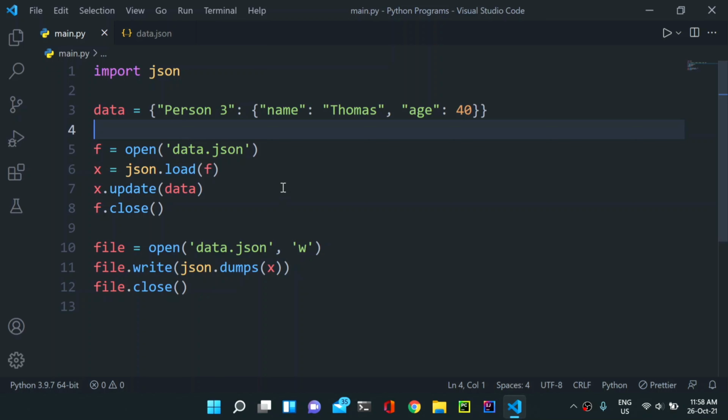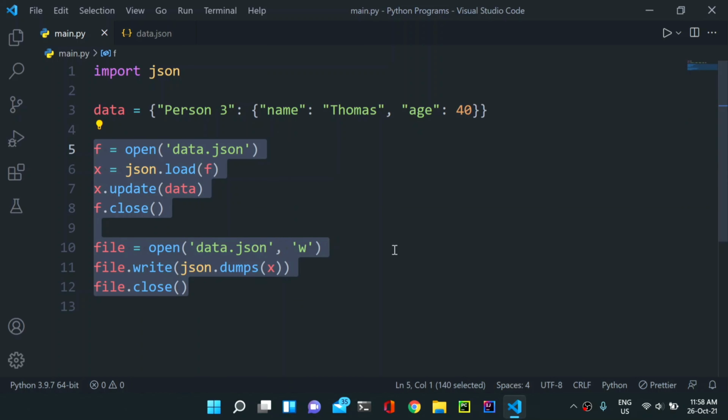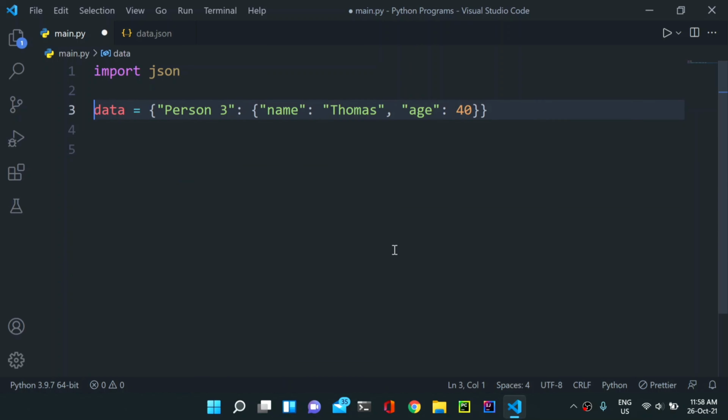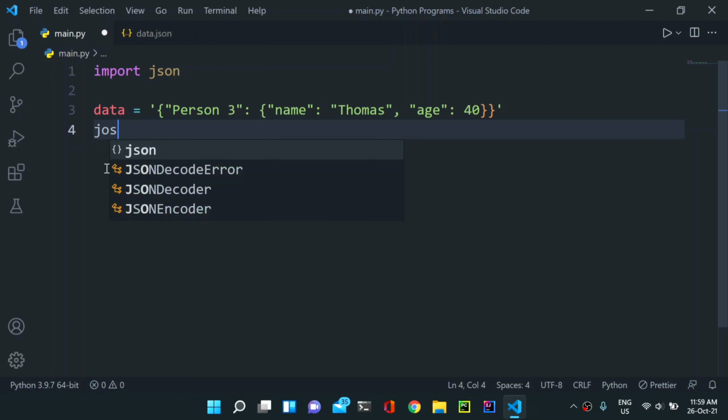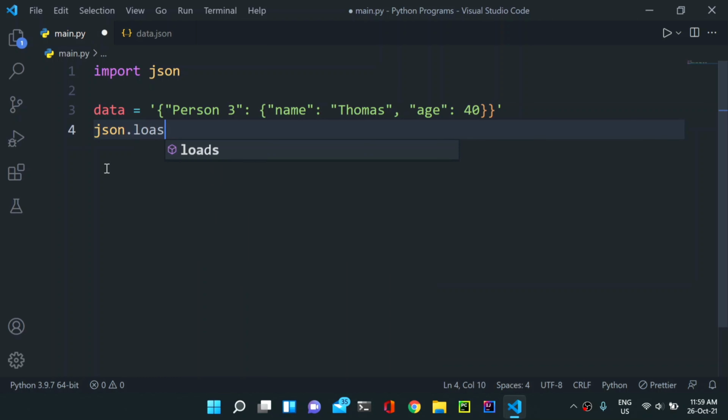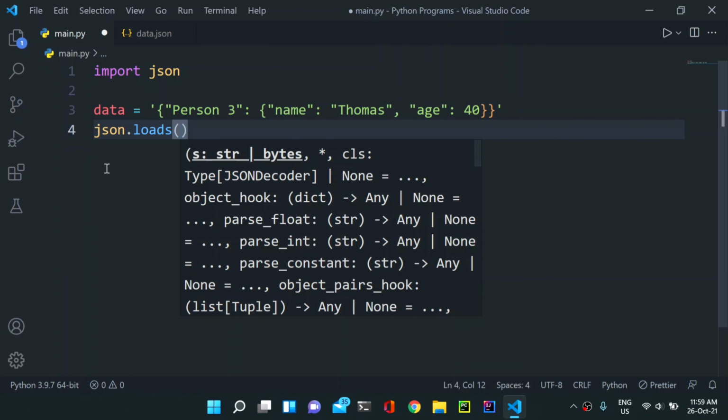Now we learned how to read data, we learned how to write data, we learned how to update the data. Okay, so that's something we have learned so far. Now let us learn how we can simply print the data. So now if I have a string of JSON in my Python file, I can simply use json.loads, not load this time, we will use loads.